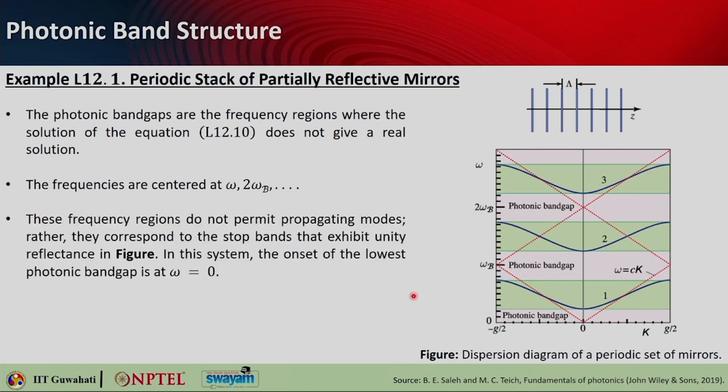So, these particular frequencies do not permit any propagating mode. Rather, in that case, if the wave is not allowed to propagate inside the periodic medium, what will happen? In terms of reflectance, you will see that they have unity reflectance. And this is a particular system where you also see that the lowest photonic band gap is at omega equals